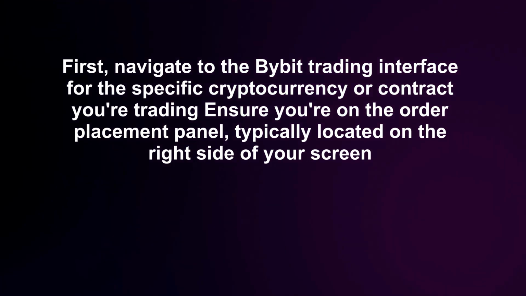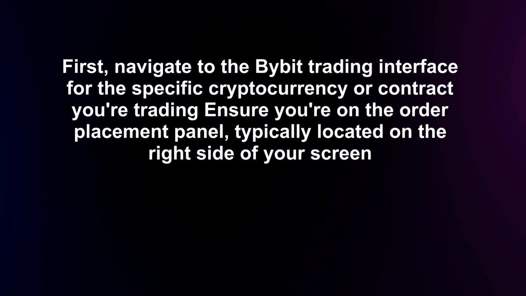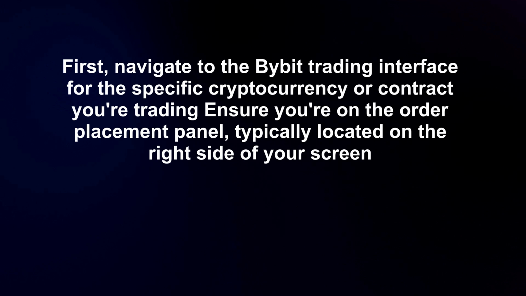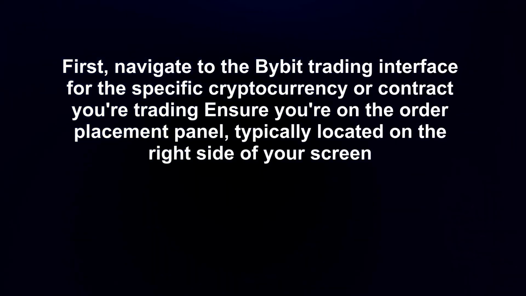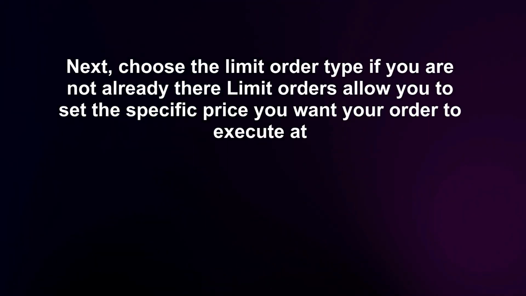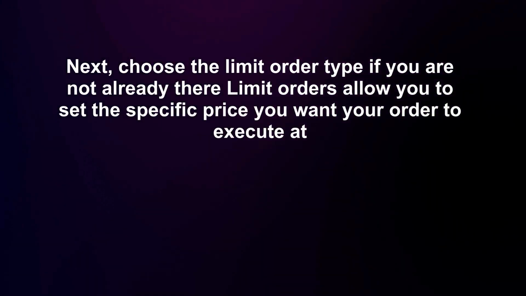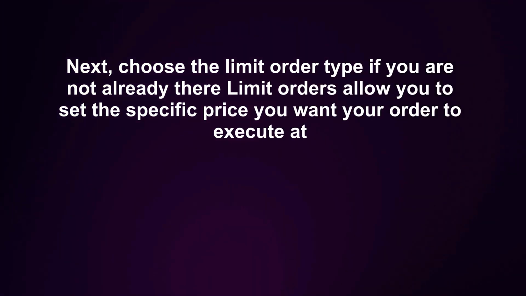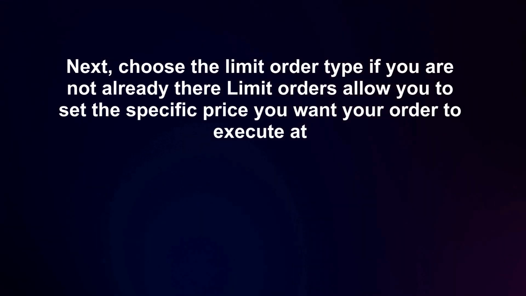First, navigate to the Bybit trading interface for the specific cryptocurrency or contract you're trading. Ensure you're on the order placement panel, typically located on the right side of your screen. Next, choose the limit order type, if you are not already there. Limit orders allow you to set the specific price you want your order to